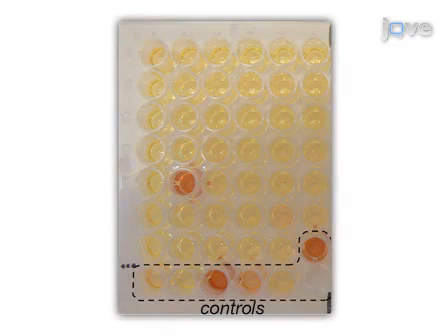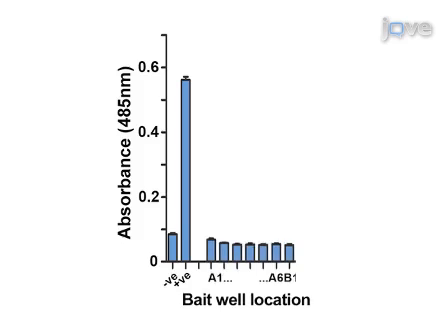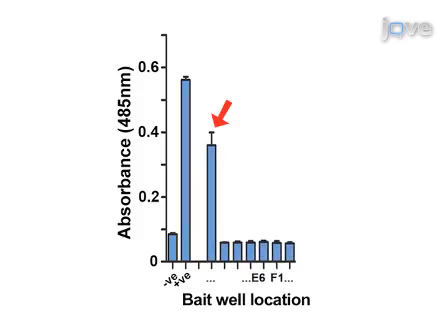The final step is to add the substrate for the enzyme to detect any captured prey on the arrays of bait proteins. Ultimately, the results of an AVEXIS screen can show which cell surface receptors are able to form binding partners and may therefore be involved in the recognition and communication processes between cells.